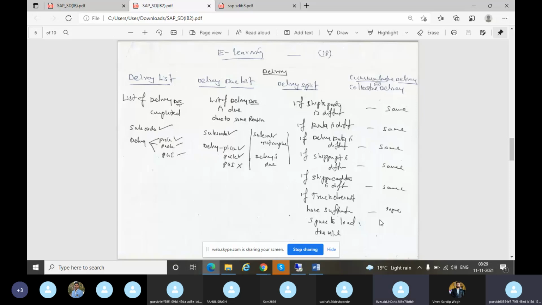Main is SD only, but as a consultant you should know S4HANA things also. S4HANA is full of SD only, 90% SD, 10% S4HANA. I'm going to tell that at the end.